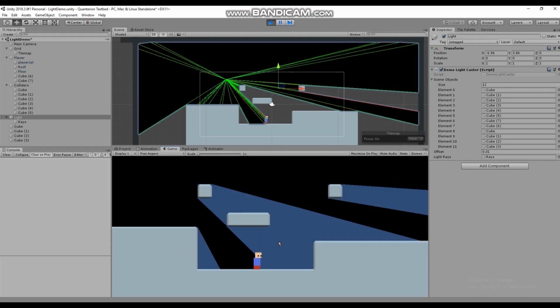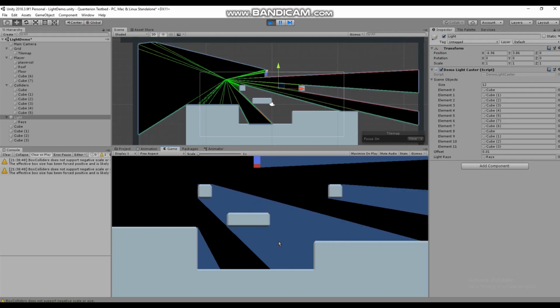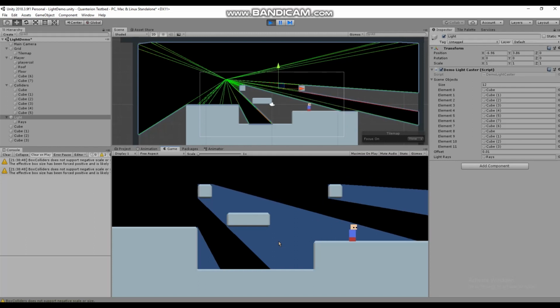And it indeed looks to be working. You can see that the line of sight is great. It's kind of ironic that anything in the light is black and everything else is actually in light, but it's working. And I said, I don't know if you can see in the video, if you're following along, you may